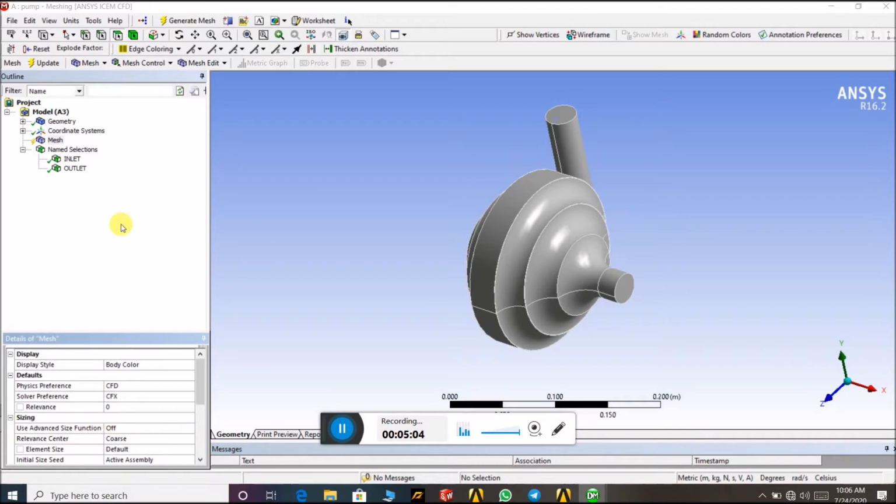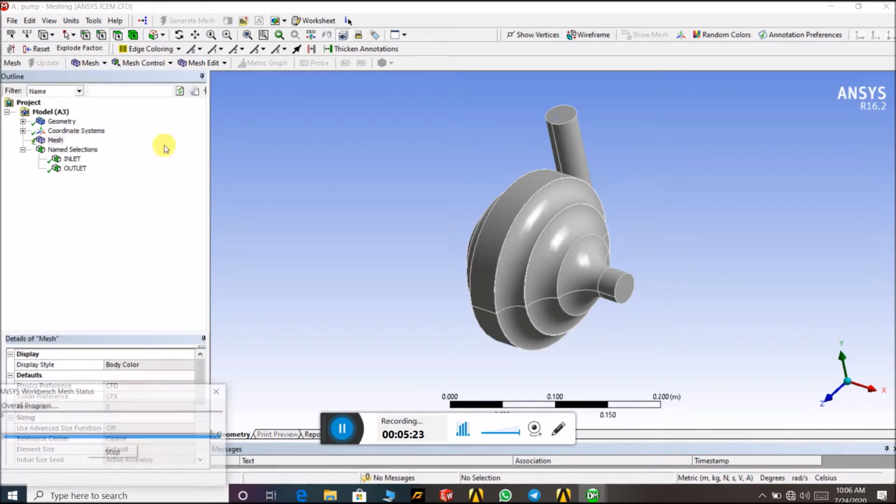By this we can minimize our analysis time. But if you get any error in meshing, you can apply the proximity and curvature, so by this you can get fine meshing. Then go for generate mesh.